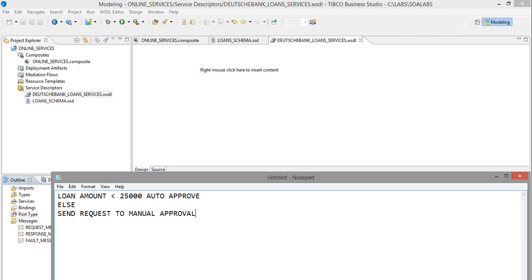So when you say manual approval, it's going to take a lot of time, maybe 1 day or maybe 2 days. So that's why you're going to configure them in one-way mode. One for sending the request to the human task. And later on, you should know how to take the response which is entered by